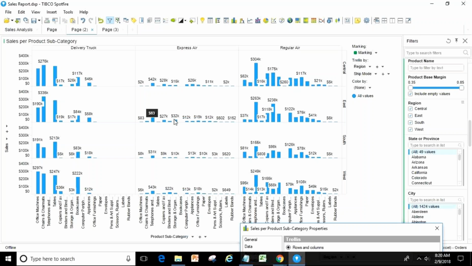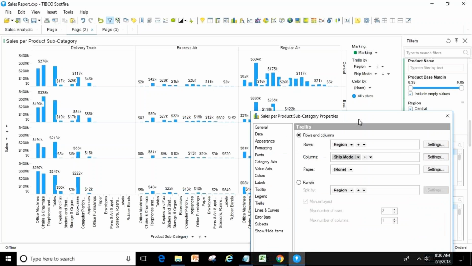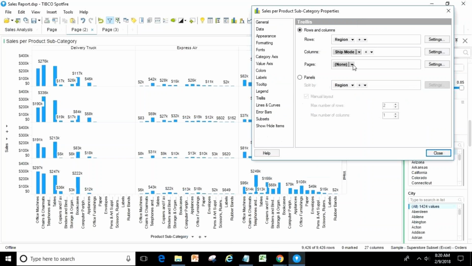For express air, there are very small buildings, isn't it? And for delivery truck and regular air, there are bigger buildings. So this tells my user that express air shipping is done, but it is very little compared to the remaining two ship modes. Then I have one more option under rows, say customer segment.